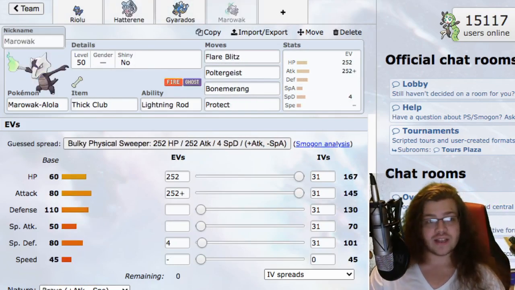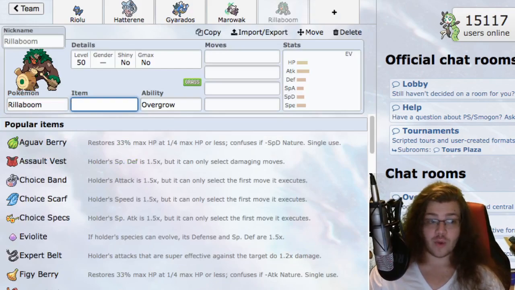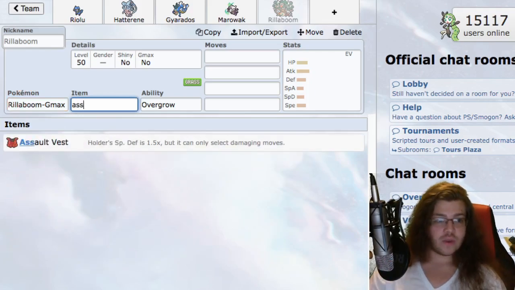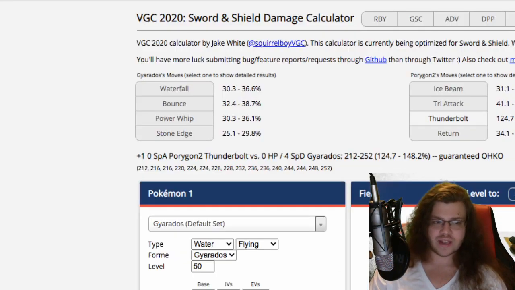I do want a mid-speed Pokemon, maybe Rillaboom, that also completes our Fire Water Grass core, which is good. This is going to be Gmax, no question. In the head. Item, Assault Vest. We are running Assault Vest Gyarados. We can change that, though. That is something that can change. Did we need the Life Orb? We did for the